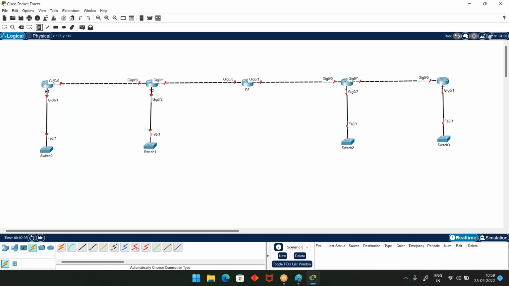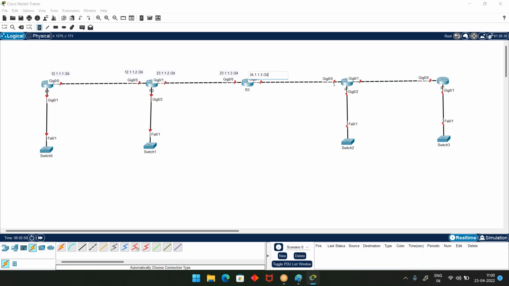Okay. In R1 on gigabit 0/0 I can configure the IP address 12.1.1.1/24. In the R2 router on gigabit 0/0 I can configure the IP address 12.1.1.2/24. In R2 on gigabit 0/1 I can configure the IP address 23.1.1.2/24. In the R3 router on gigabit 0/0 I can configure the IP address 23.1.1.3/24. In R3 on gigabit 0/1 I can configure the IP address